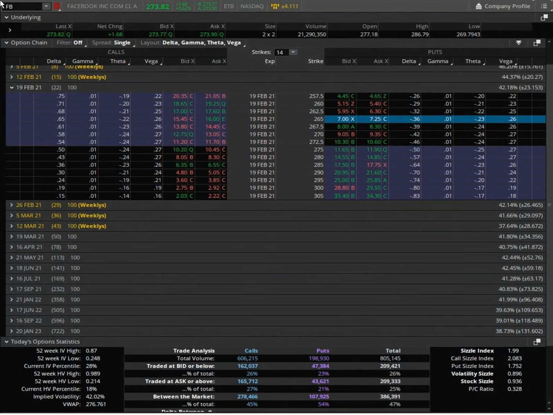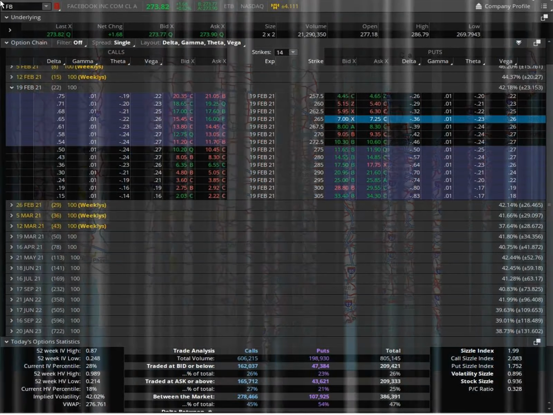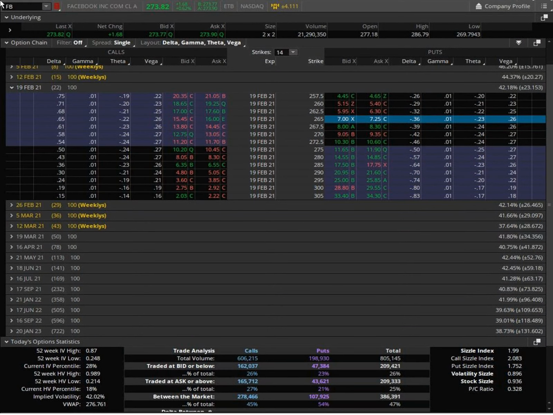Meaning, when I pull up this thing, it's really because wherever our final destination is, or whatever the underlying is that we're looking at, is there a lot of things going on? We don't want to end up in the middle of nowhere where there's nothing to do. If you had your kids in the car, and you wanted to go to a destination and you showed up and all that was there was a blinking yellow light, well, your family's probably not going to be very happy with that vacation. But if you went somewhere where there was all kinds of things going on in Orlando, then they might be a little bit more happy with you. Well, the same thing is with Facebook.